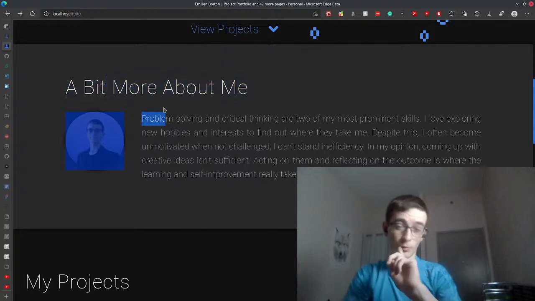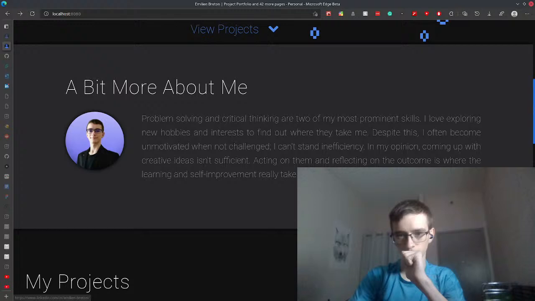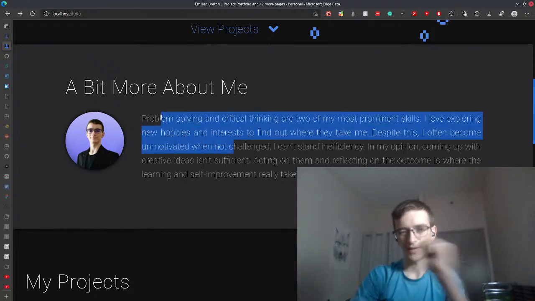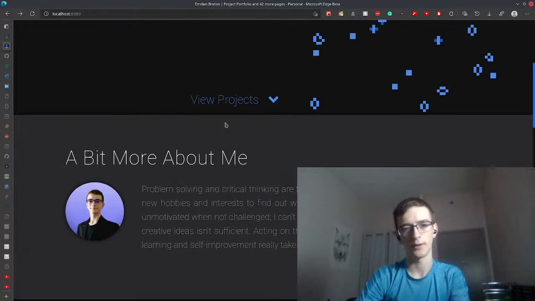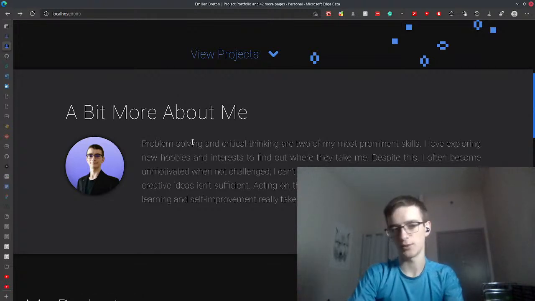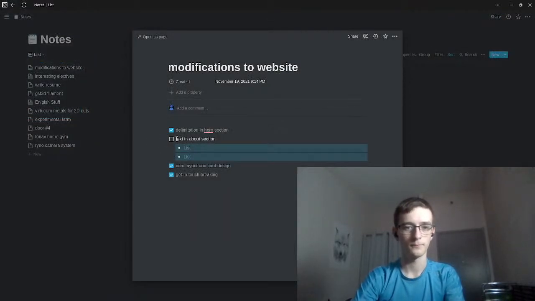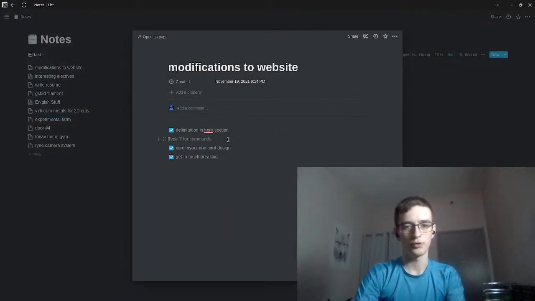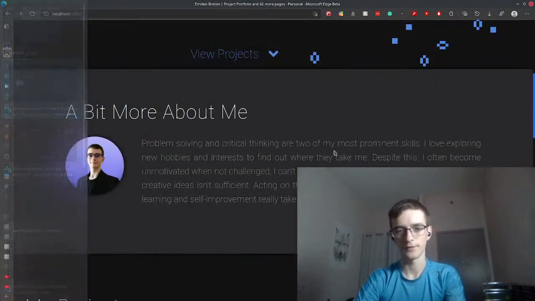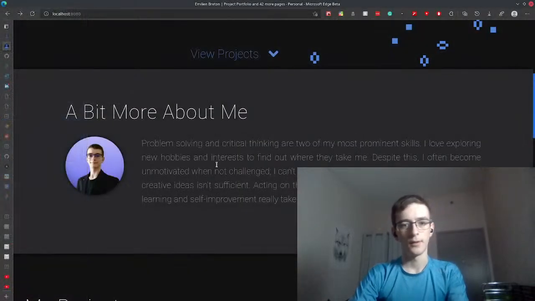I don't actually know if I do want to modify this section. I mean, I guess it does work all right. And in the worst case scenario, if people actually want to know me better, they can message me. I could say something like that I'm a computer science student or something like that, but I think we're going to ignore that for now. So we'll just quickly remove this. I have footer and website. Okay. And so